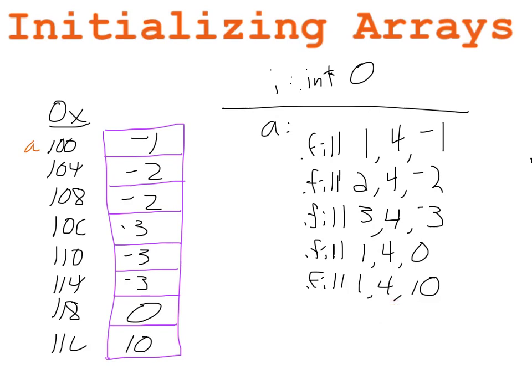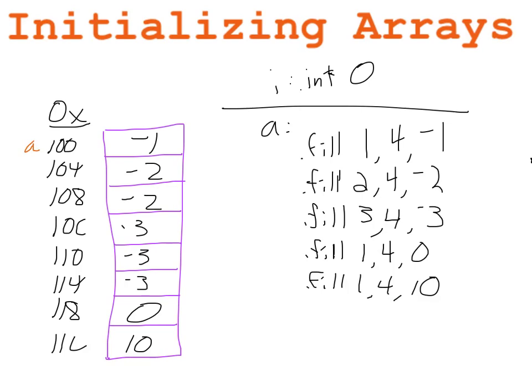And that is how you can use .fill to initialize an array. And so notice what we did in this case. We initialized different positions to different values. If instead you wanted to, and a common example would be to zero out the entire array, you could simply